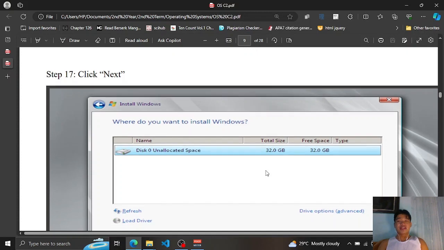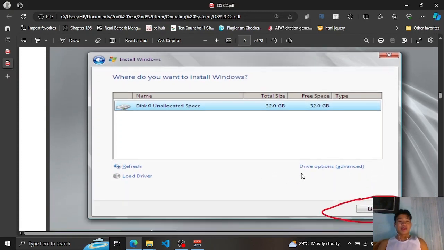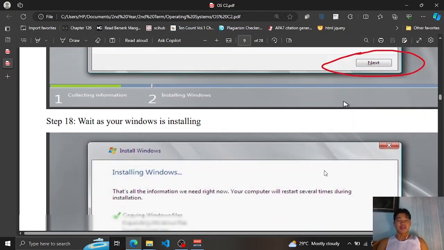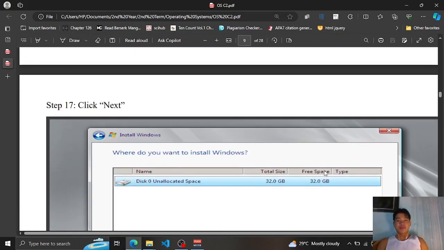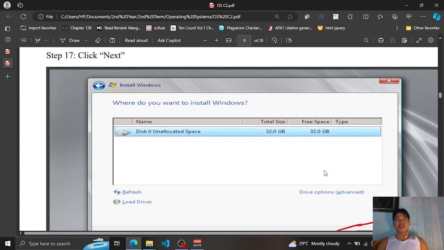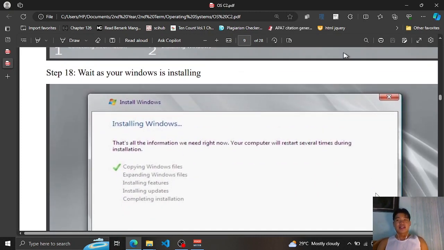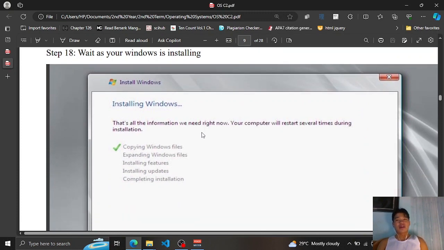And then for the next, here you can specify the drive options or the partitions of your virtual machine. So it's like the drive F, the drive C, drive D. But here for installing purposes, we just click next,